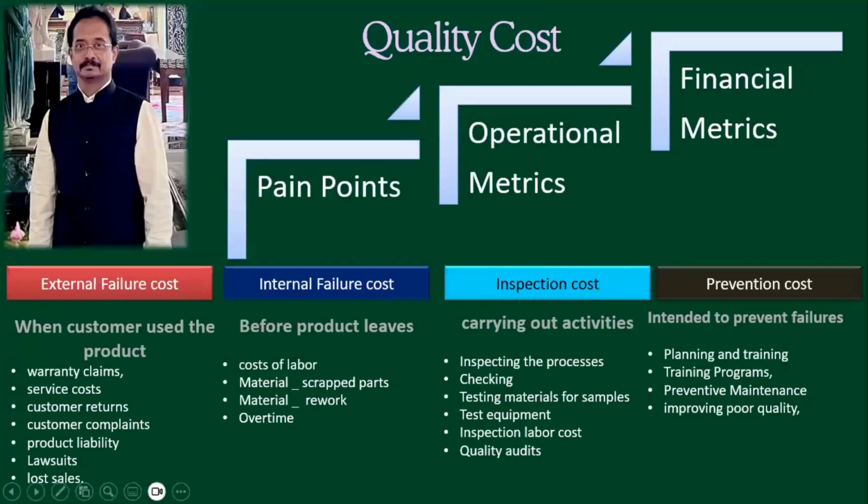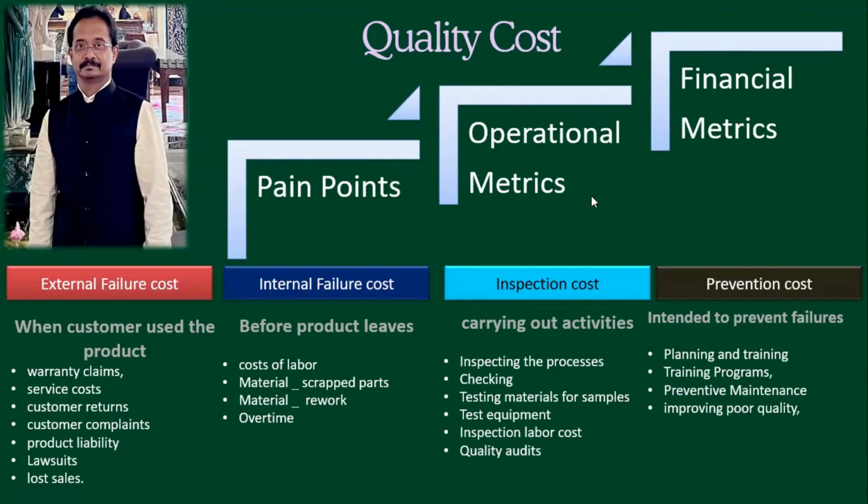The next one. See, this is a very important slide. Okay, so please look into this. The quality cost, right? What we are talking about is how the quality cost is going to happen for my organization. First one, quality will spend a lot of time in reducing your pain points. What do you mean by pain points? It's a client escalation that is not going out of your door, right? They'll spend a lot of money on pain point fixing. That is the escalation fixing or the problem fixing. That is our major thing.